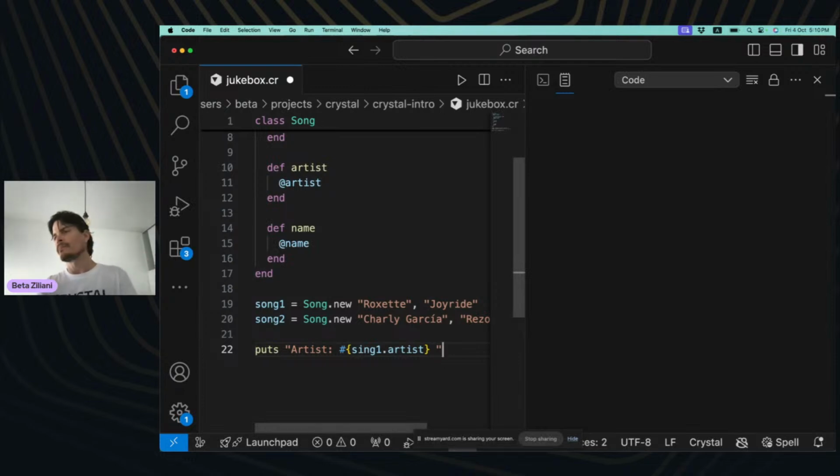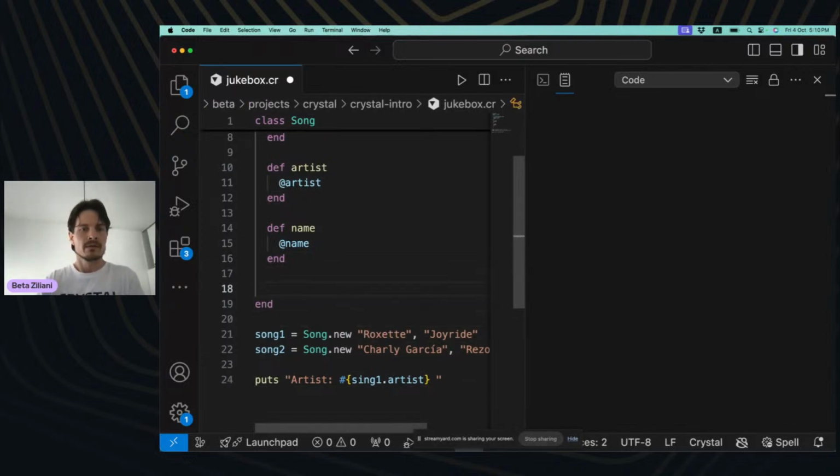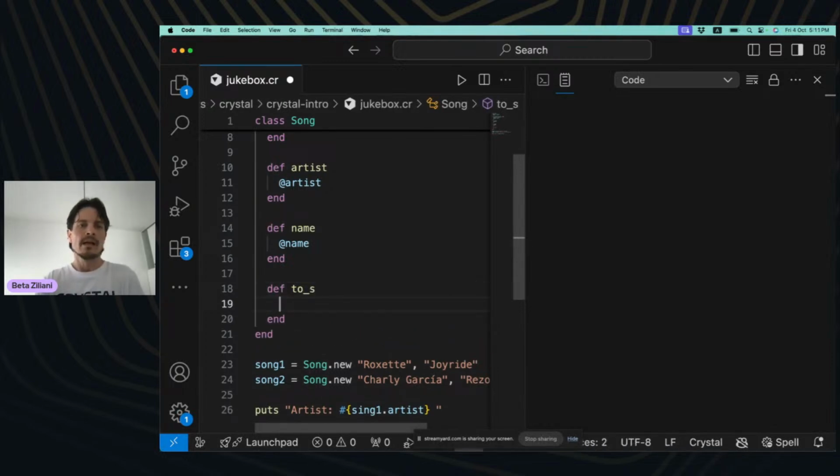But it's going to get boring very easily. Let's instead add a method here to come up with a string. This is how we call it, to_s, a string representation of this song.